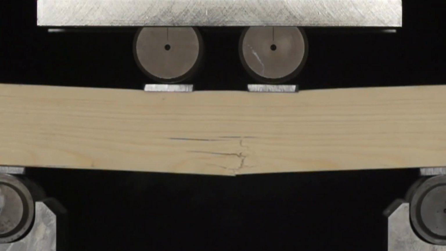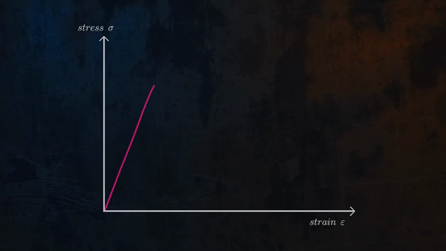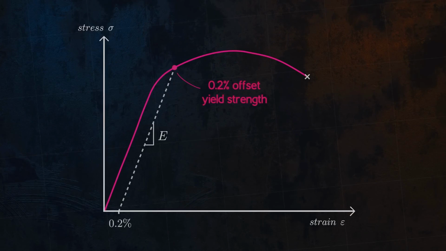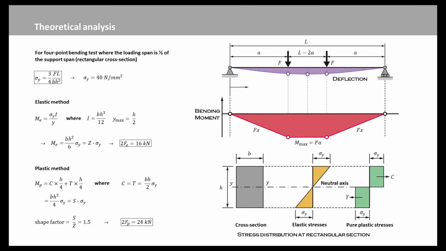In the timber beam, elasticity is the ability of a body to resist the loading influence and to return to its original size and shape when that influence or force is removed. If an applied load reaches the collapse load, the timber beam appears to fail by brittle fracture. At this stage, we can use pure plasticity to estimate the collapse load. The bending yield strength can be calculated as 40 Newton per millimeter squared.